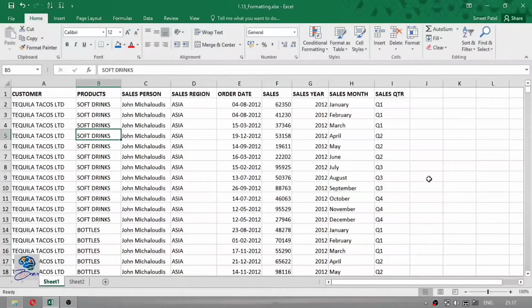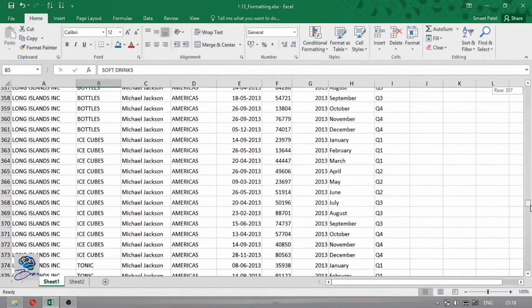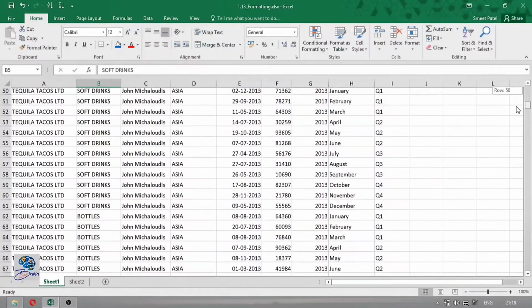In today's video, we will see how to navigate and select in Excel 2016. Okay, so in the basics of navigation, Excel has given two scroll bars. One is the horizontal scroll bar and the second one is the vertical scroll bar. Here you can see that this scroll bar will scroll your sheet right and left, and the vertical scroll bar will scroll your sheet up and down.